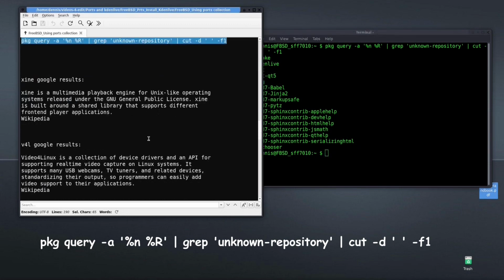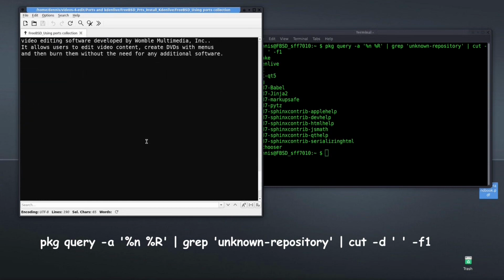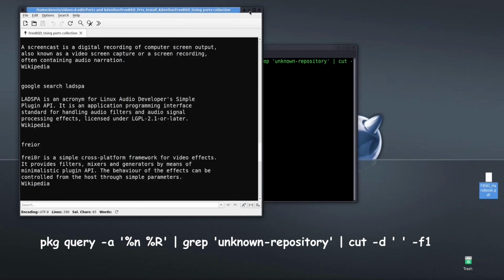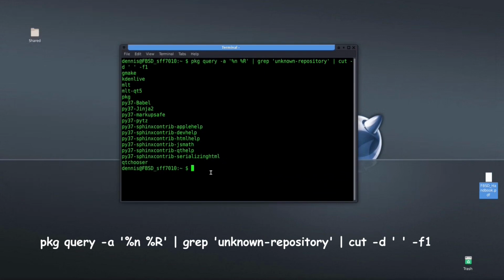All right. Now, let's see. Back to here. Might as well minimize that and get that out of the picture. If you go pkg lock -l, it'll show you that the packages are locked. Now let me bring that back up. If I wanted to lock it in the terminal, I just run sudo pkg lock